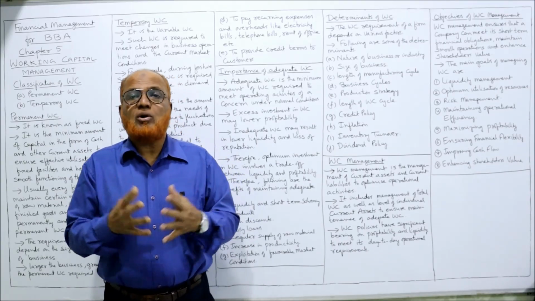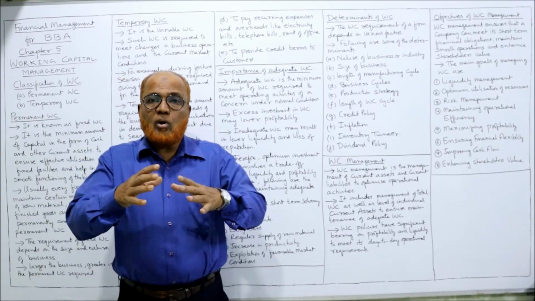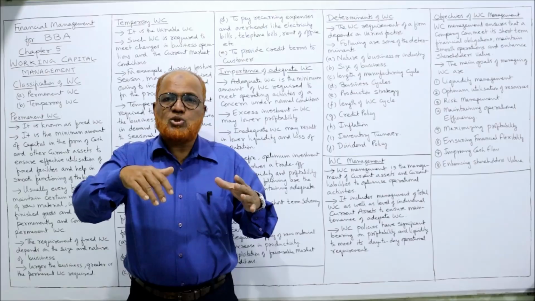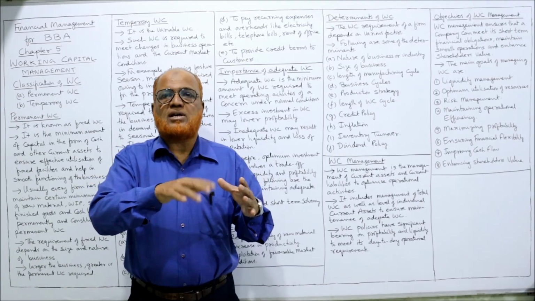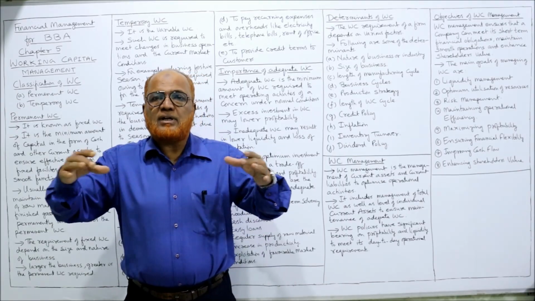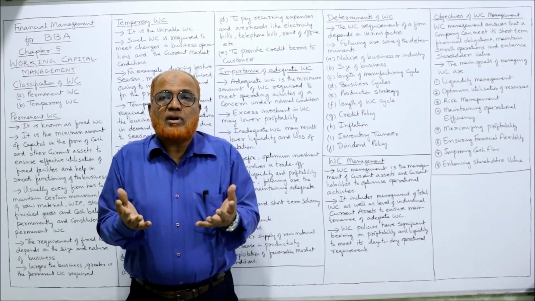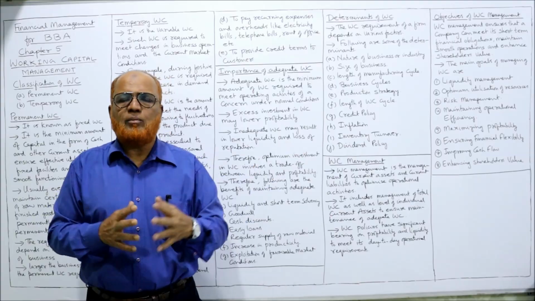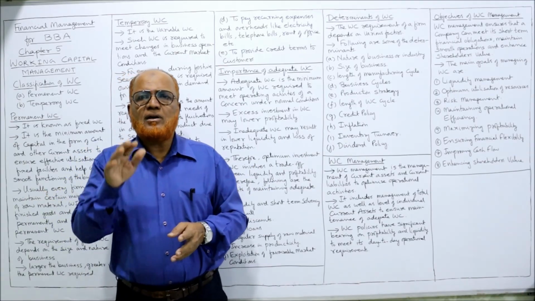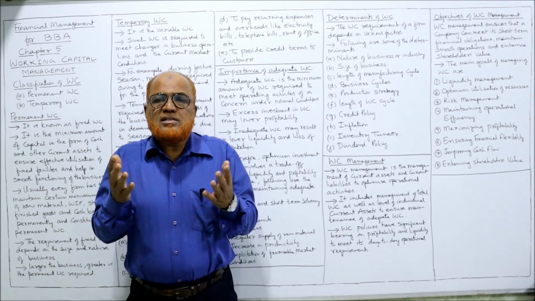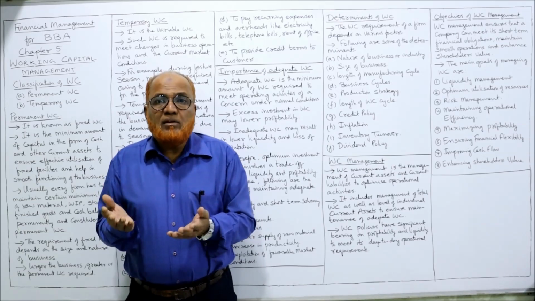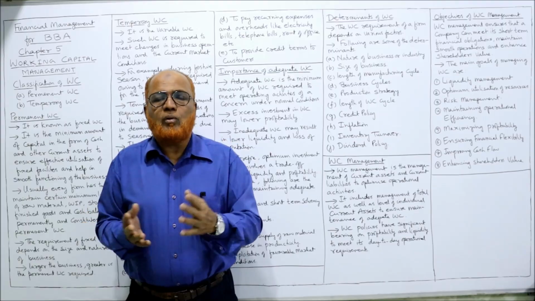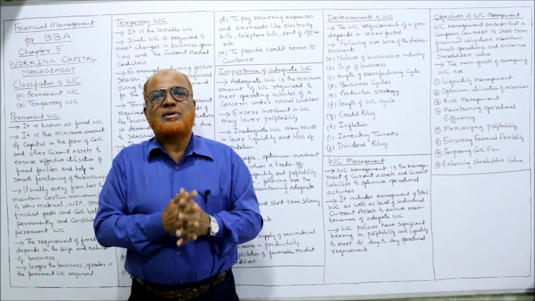Example, in a manufacturing organization, more time is required to use the raw material, convert it into finished goods, and then after that the finished goods have to be sold. A lot of time is required. So more working capital. Whereas a trader is simply buying the goods and selling the goods without manufacturing. He requires less working capital. Similarly, service providers don't have any inventories. Then in that case, what will happen? The working capital will be low. So it depends on the nature of the business.